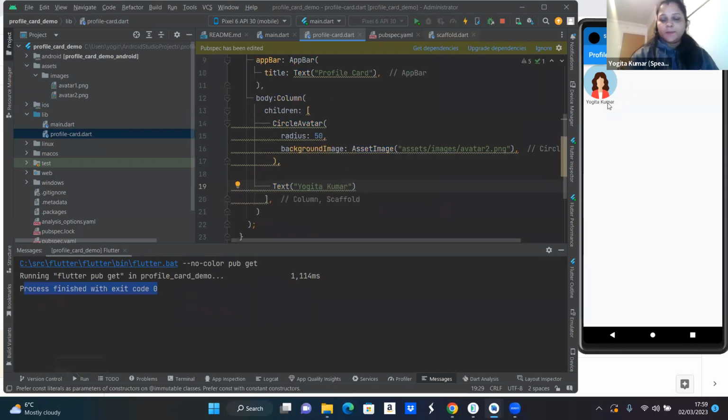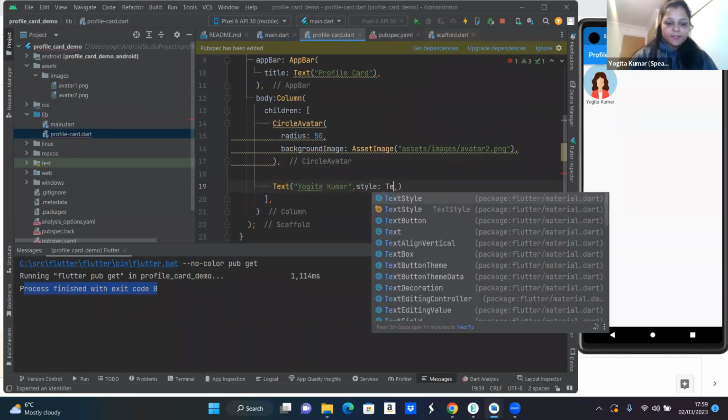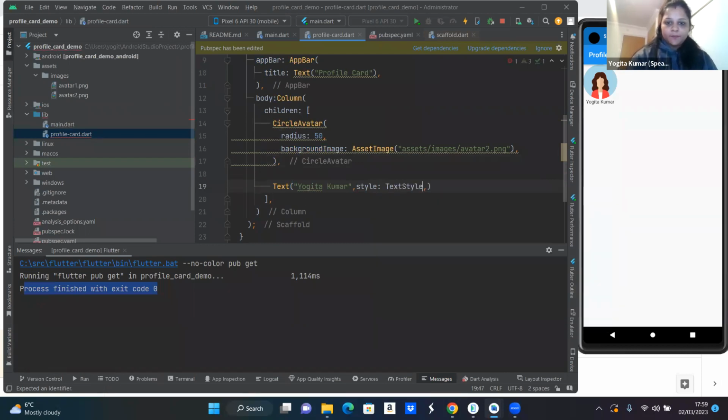Okay, it will display over here, but I want to use some different font. So just for styling, there is a property of the text widget, style, text style, and you can put the font size 20. It will increase the font size. Now